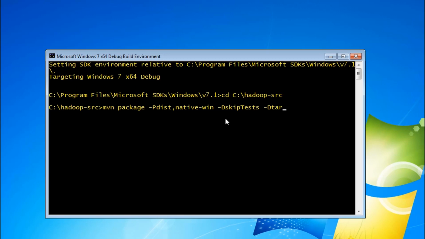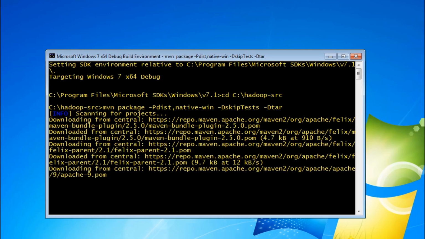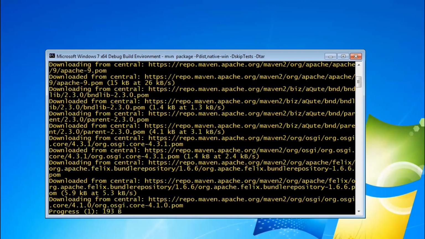Make sure you are also connected to the internet. Depending on your internet speed, it might take anywhere between 20 to 40 minutes, as Maven is going to download various artifacts from the internet and then build the entire tar file.